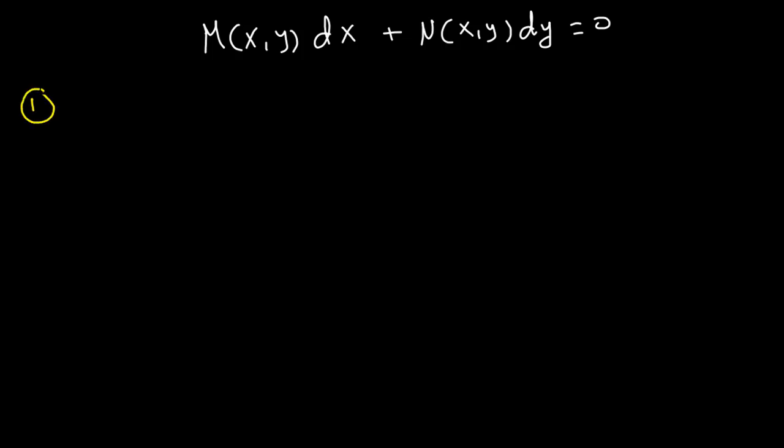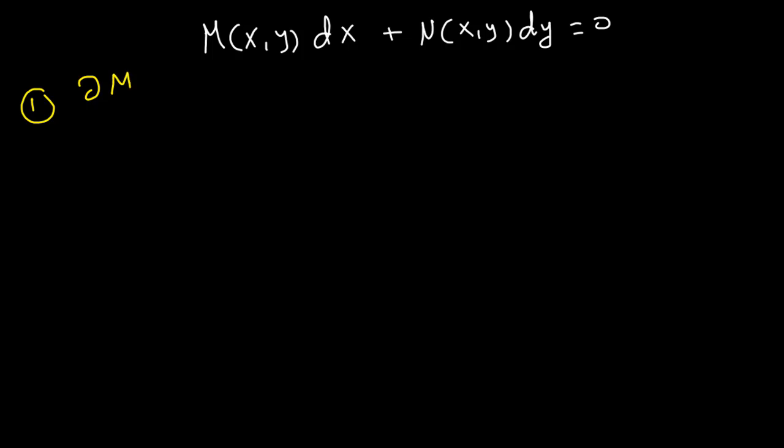We have a differential equation M(x,y) dx + N(x,y) dy = 0. This is our given differential equation, first order, first degree, and we need to find the solution for this one. The first step is to check for exactness, and the simple test for this is to